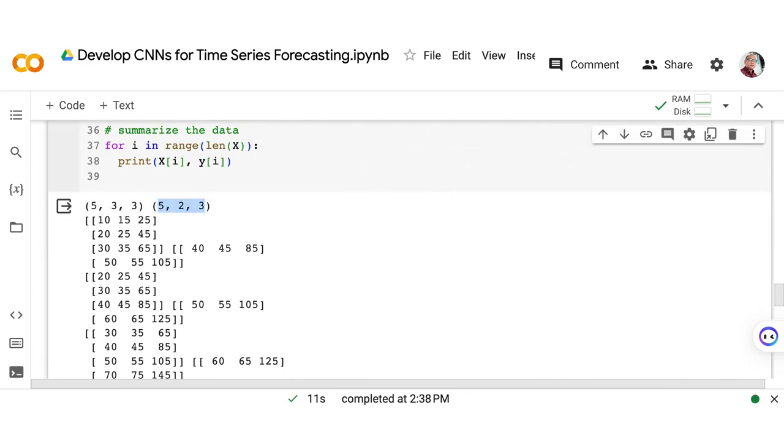For the output, we have two outputs, no? As you can see, 2 by 3, and each output should have 3 time steps. So what you see here, 40, 45, 85, and 50, 55, 105, that is our output. Okay. So that's why we call it multiple parallel output, no?